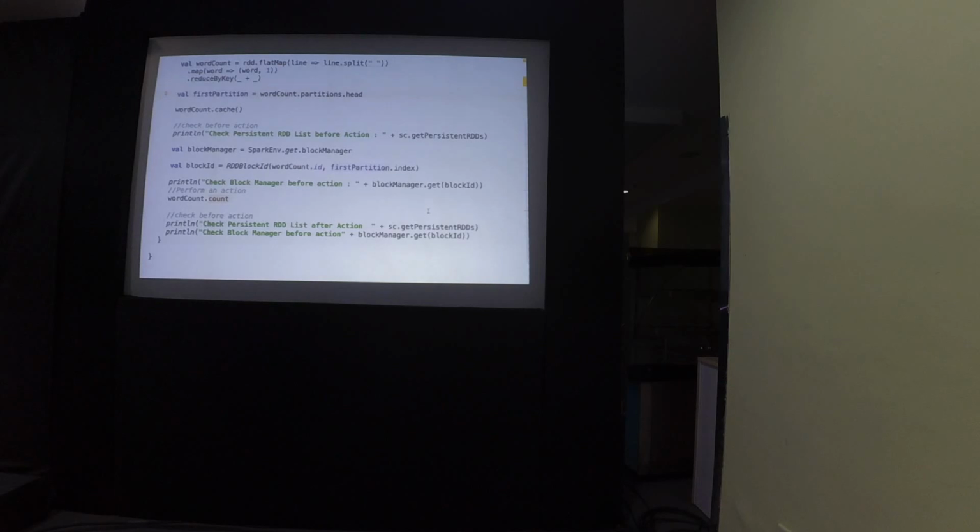You can go to the block manager and ask, do I have this block really persisted there in cache, right? So blockManager.get with the block ID will go and check, because the block manager controls the caching. It caches the block and it knows that it has cached it. Till now we haven't performed the action, we just did cache. It is not there in the actual cache, so this one will say no, this ID is not there. Now I'll do word count, which is a real action. Now if you check the persistent RDD list after the action, you will see that this RDD is persisted now. And then if you ask the block manager, it will return, okay, I know this RDD, I have persisted it. So let me run this example and